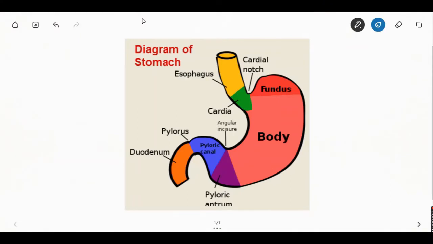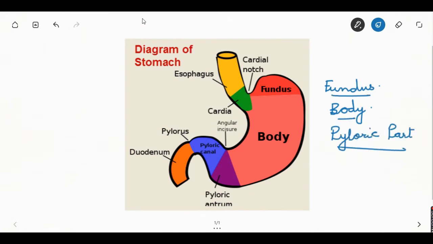The next topic we are going to discuss is the stomach. Before that, we have to discuss the physiological anatomy of the stomach. The stomach is a hollow muscular organ that consists of, number one, the fundus, the body, and the pyloric part. So this region is the fundus, this is the body, and this is the